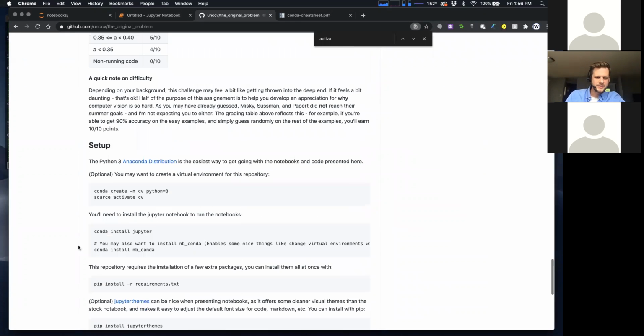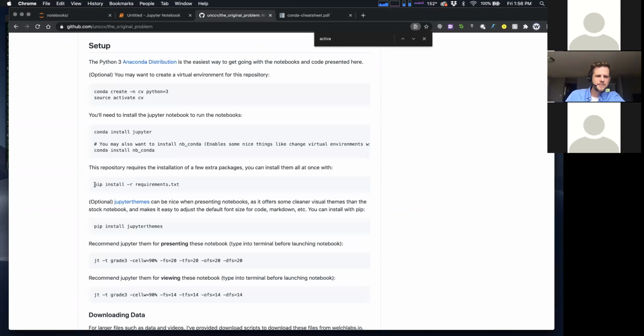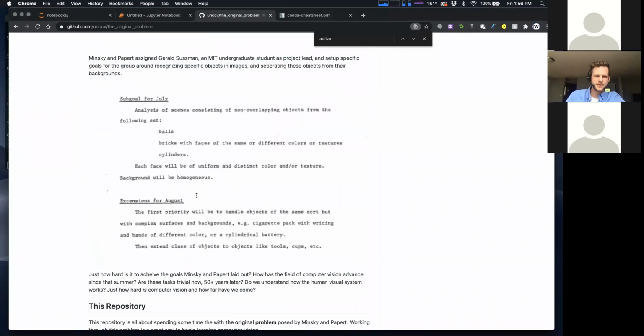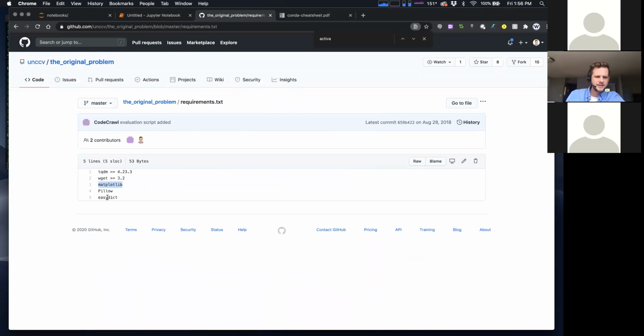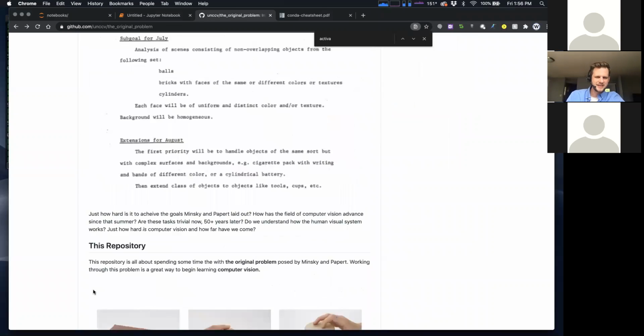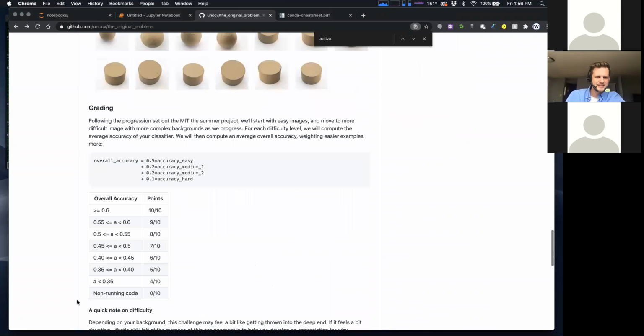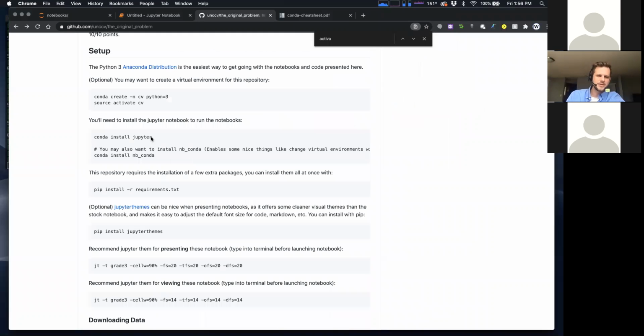So the way we have you do this in the original problem is we have you run something called, where is it? Here we go. pip install -r requirements. So requirements has a list of all the packages that we use in this module. Let me show it to you real quick. So requirements is right here. So we use matplotlib, easydict, pillow, and I don't see Jupyter here, which is kind of funny. How are we getting Jupyter set up? Do we not have it in our requirements? That's kind of embarrassing. Let's see. Do we have another way that you get Jupyter? Oh, I have you install it here. Okay, I'm having you install Jupyter separately. Okay, sure. All right, great.